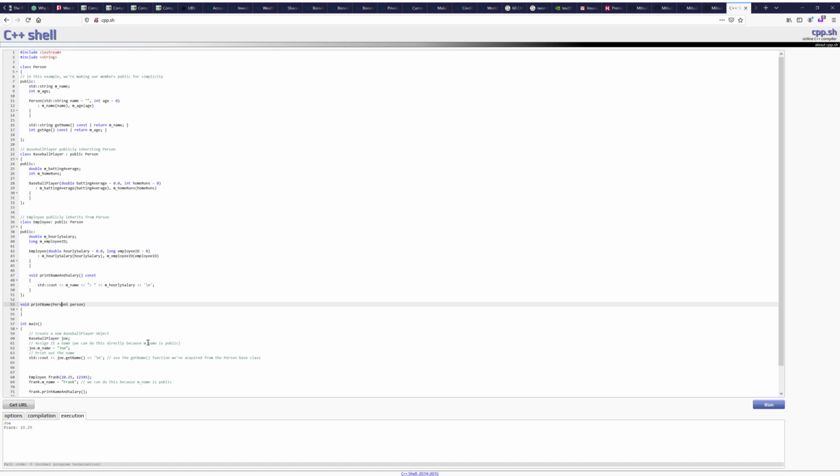As long as it's a pointer or a reference, then this concept applies, because if you're going to pass by value, then this will actually need to be a variable of type person that goes in. And if person is an abstract data type,